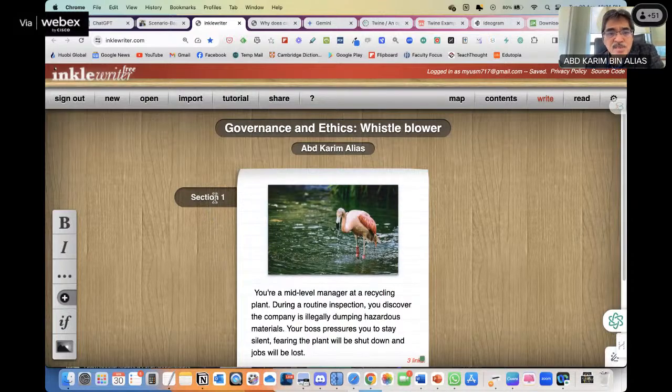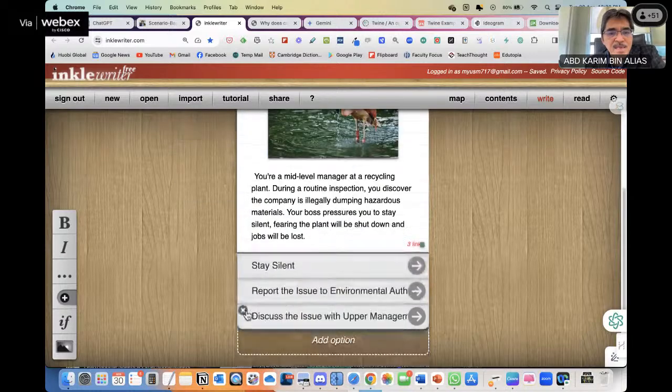But for a branch scenario, you might want to label this one level 1. Level 1 means decision point number 1. Then after that, you can add another section which becomes decision point number 2, just like what we did in Google Form just now. Try it out, play around with it, figure it out. All this requires some trial and error.